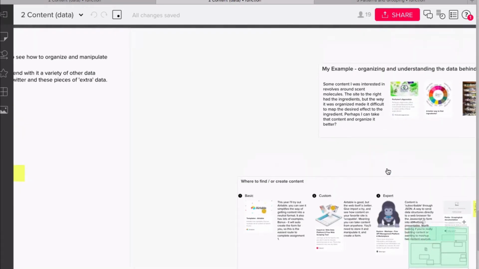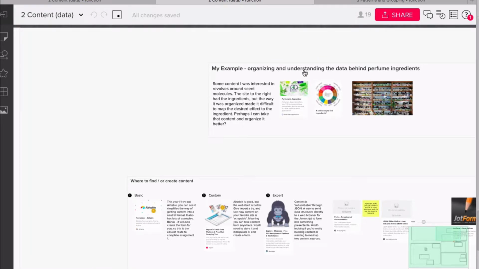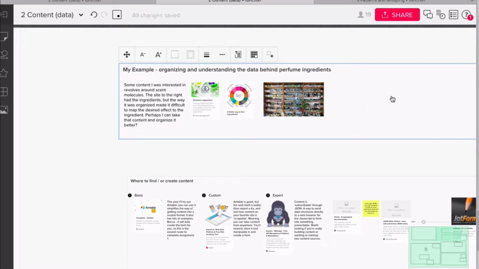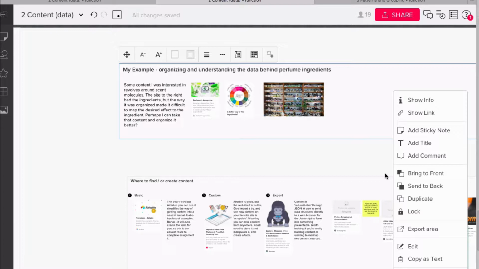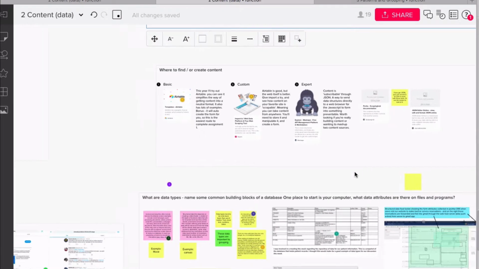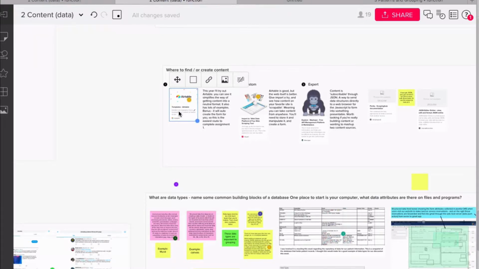So my example is I found this place that sells these perfume supplies, and I'm interested in making things and making smells. And I found that was really hard to deal with, and I tried to extract that data from that source. You'll find this week that I'll take that one step further, and I want you to as well. One thing that wasn't completely clear, and nobody seemed to do it, is that Airtable, through this link,